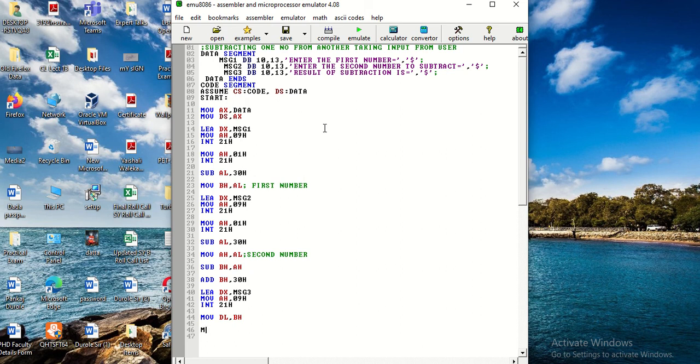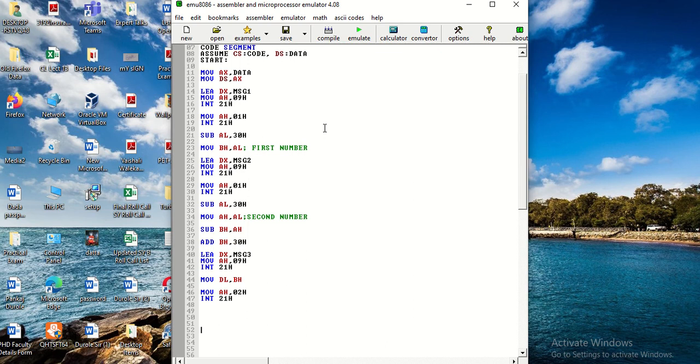And finally, to display the contents of DL, I will write mov AH comma 02h, which we have already learned in the previous videos, which is again under the family of int 21h. And now I will finally return the control to the operating system. And here I will end the code.